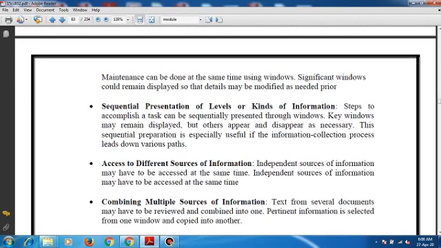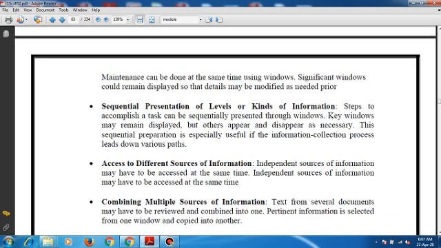Next one, access to different sources of information. Independent sources of information may have to be accessed at the same time. For example, the information may reside on different host computers or operating systems, applications or files, and so on.